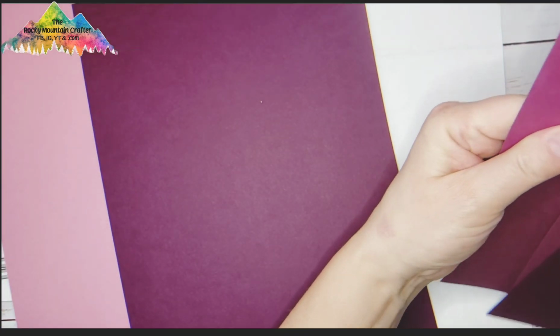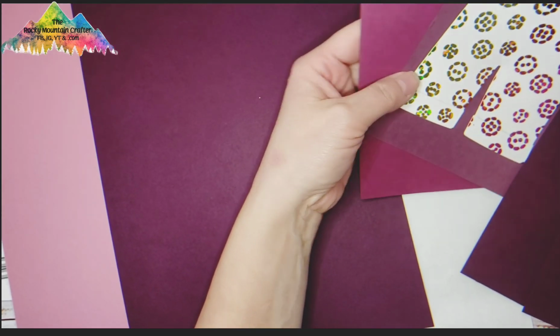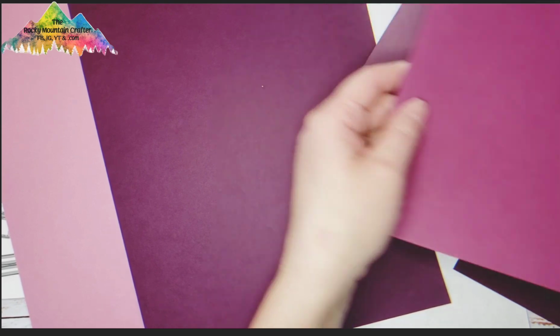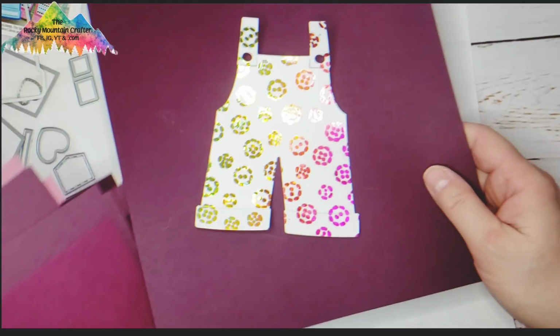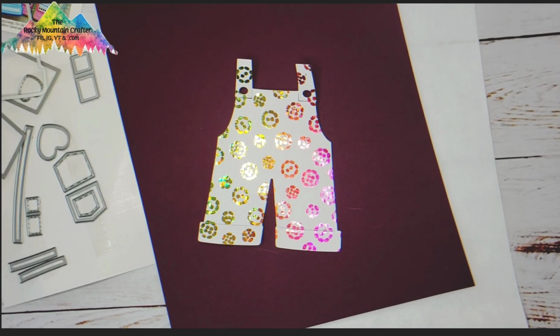Let's see here. That, and that, and that. Yeah, I think it's going to be this one, which is beautiful. It's like this purpley beautifulness. Okay. So now that we've chosen our color,